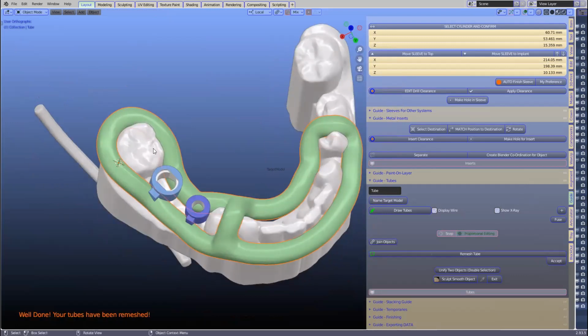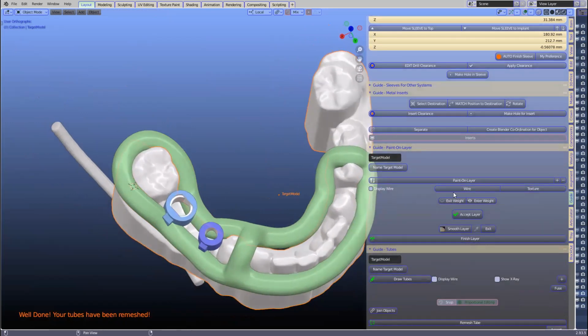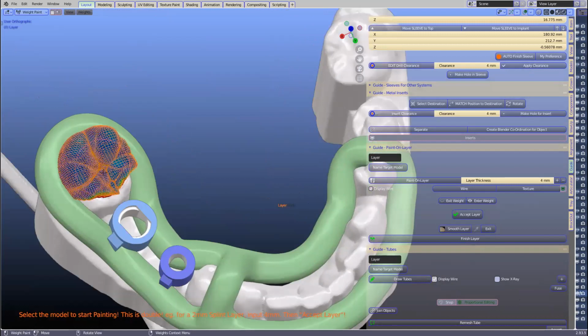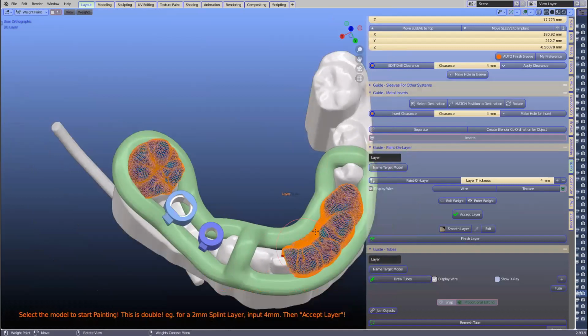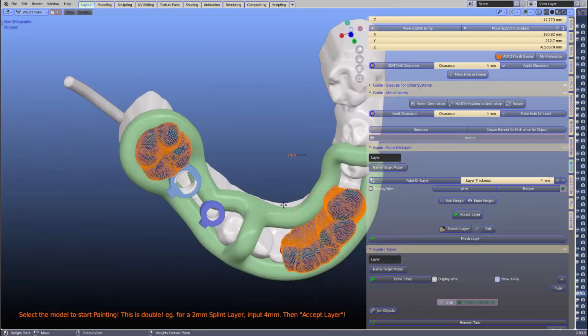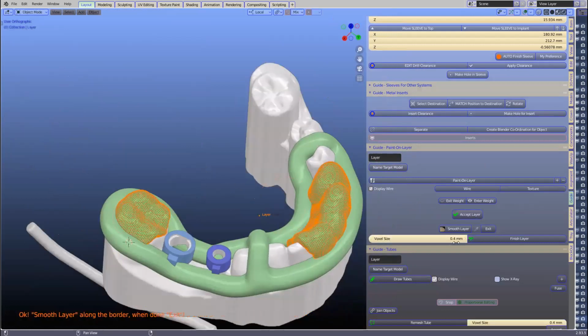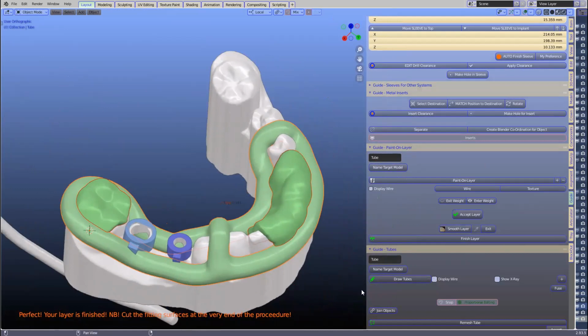Now, if I wanted to paint a surface, which I want to show you, select the model, which is called target model. You can see over here. Click on paint layer. Okay, and then we can paint a layer if we want to. So here, what I'll just do is just add a bit of a layer here, just to demonstrate how this pans out, how this works. Okay, so then what we're going to do is we're going to accept this layer, and I'm going to finish this layer. Then by selecting this one and that one, and then joining the two,